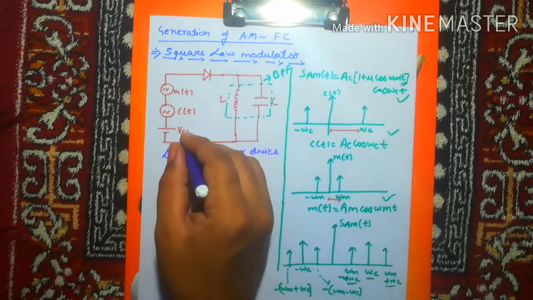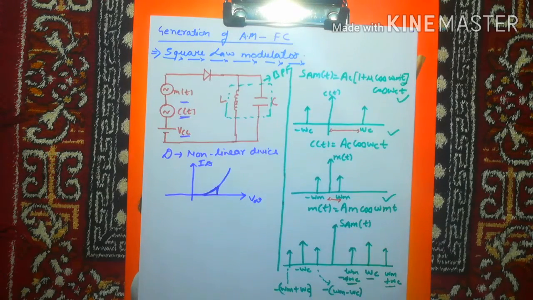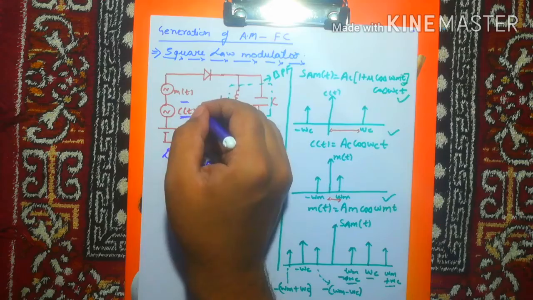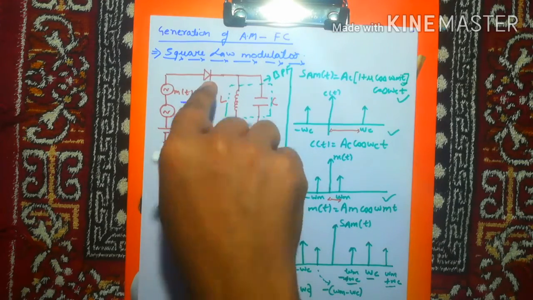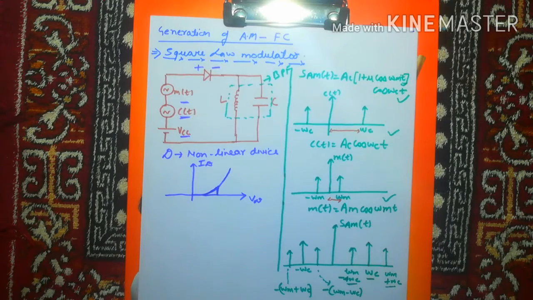Now what is the purpose of this VCC? As you know, MT and CT are both AC signals, so each has its positive part and its negative part. So what does it represent? If ever the message signal or the carrier signal goes negative, the diode will stop working, because the diode works only when it is positive here. But VCC is so large that even when MT and CT are following their negative part, VCC does not tend the diode to reverse bias.